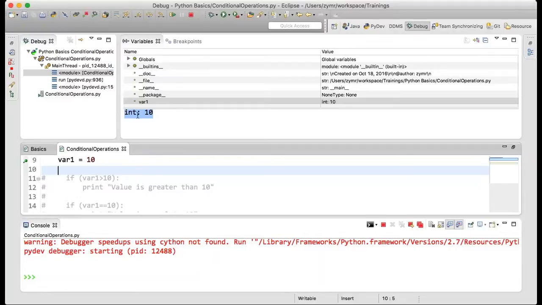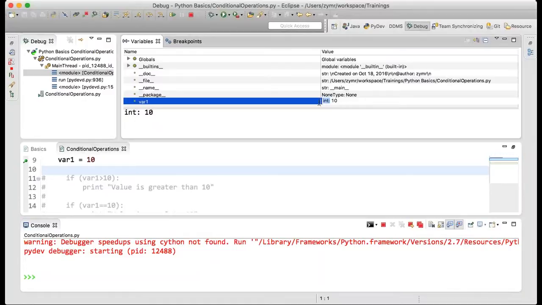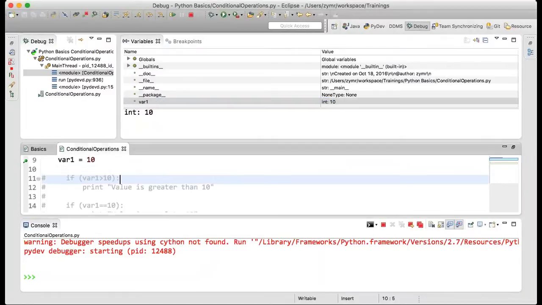So this is how it fetches the type of the variable. Please don't get confused about this whole thing, that the value is int colon 10. How come int colon 10 came instead of 10? In Python debug mode, it shows the type of the variables.